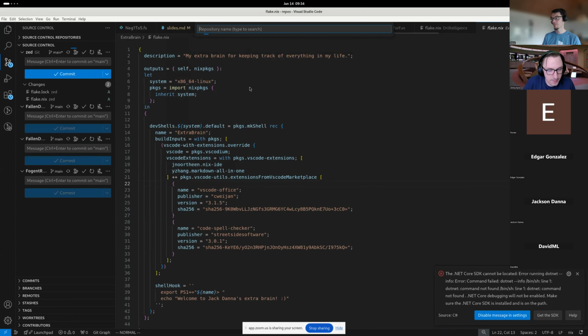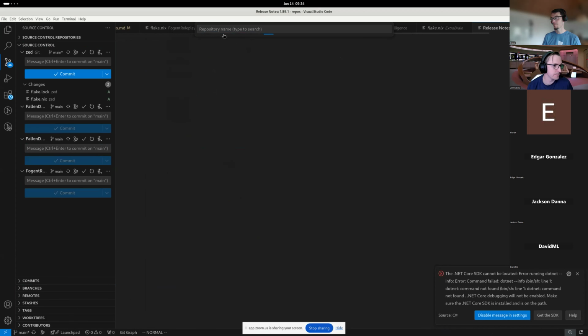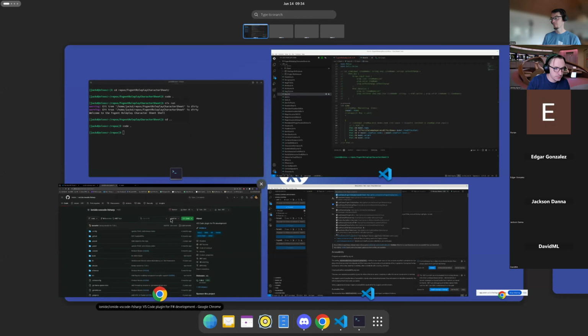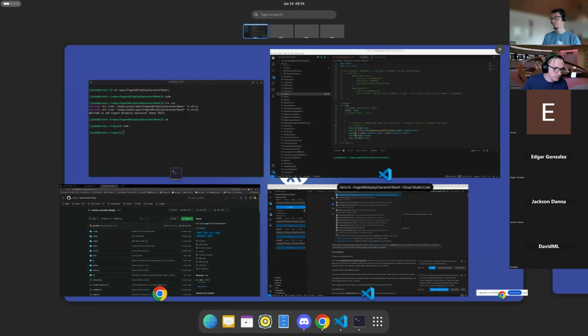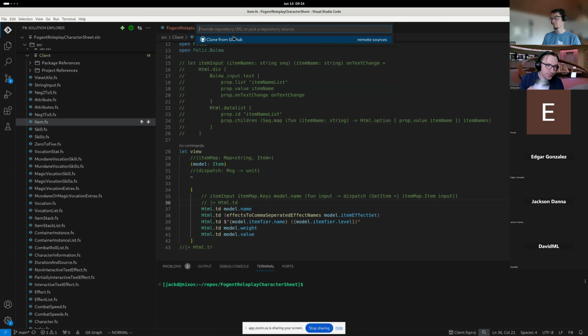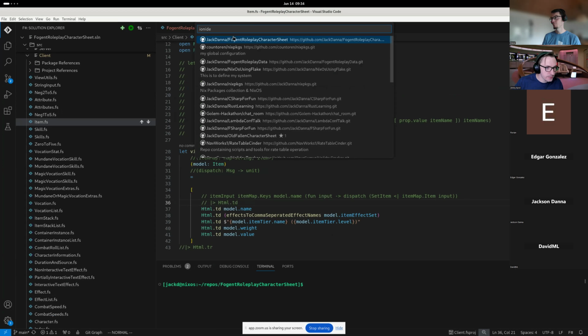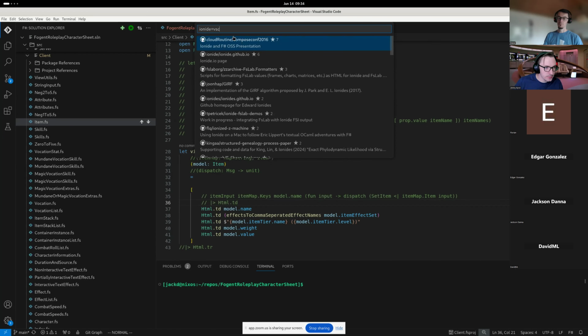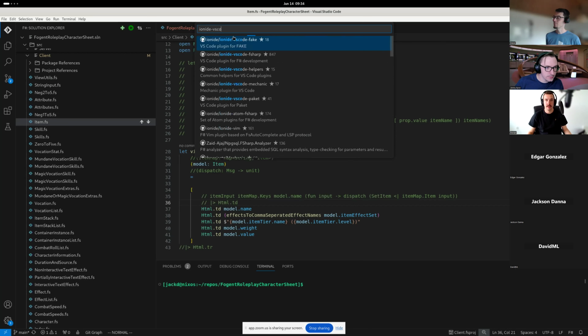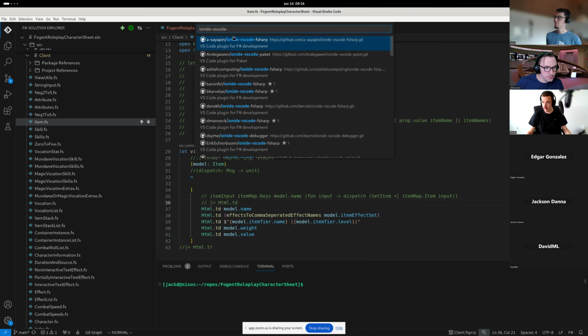Gotcha. So let me grab this. What was the exact name of the repo? It was Ionide V sharp or Ionide dash VS Code dash F sharp. Okay. So clone. Ionide dash VS Code, oops, that's not a dash. VS Code dash F sharp. There it is.